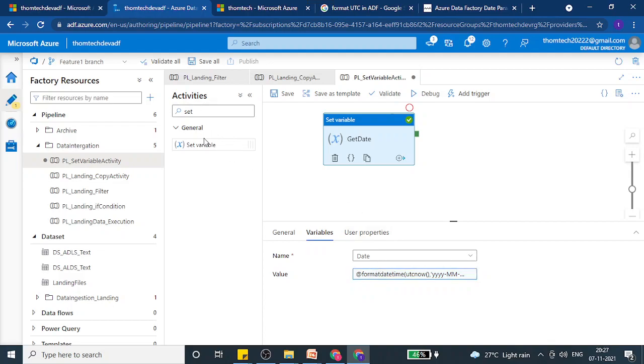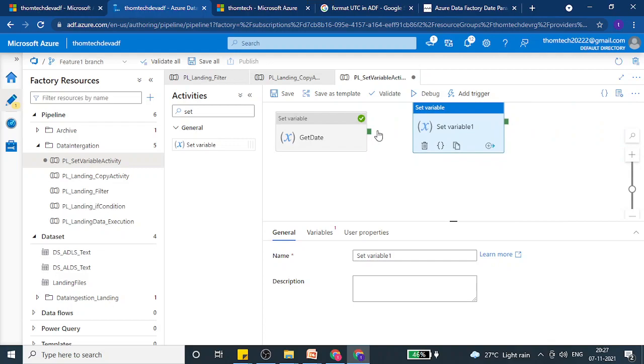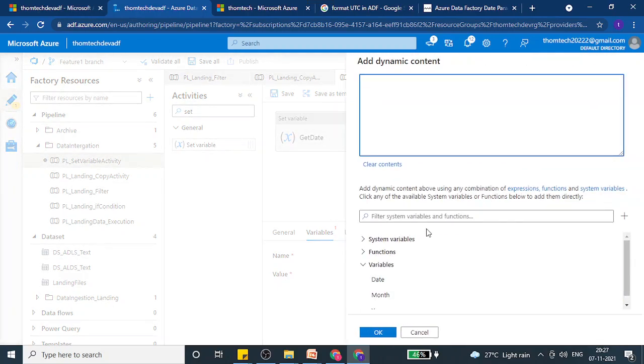Now let's pull out one more activity, that is set variable, join it, and give it a proper name, pull year. Click on variable, select that specific variable, that is year, and in the dynamic content let's make use of a function like substring.